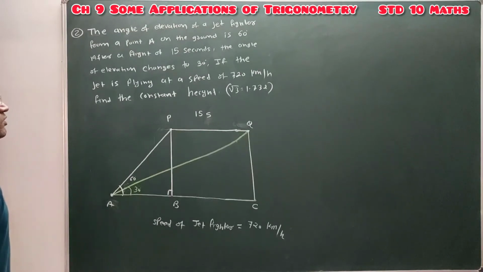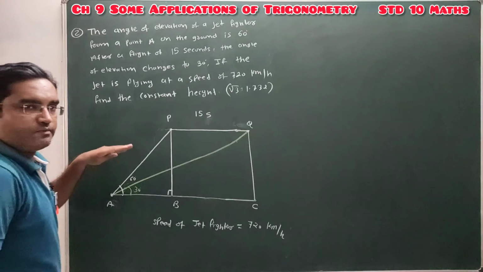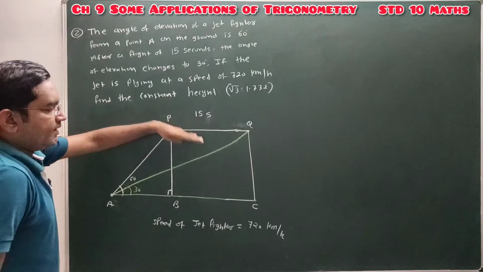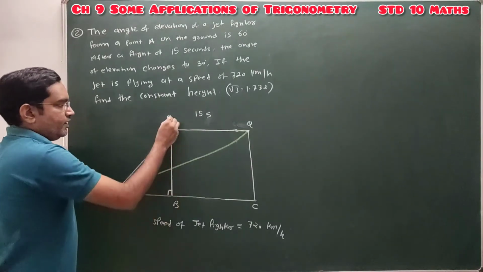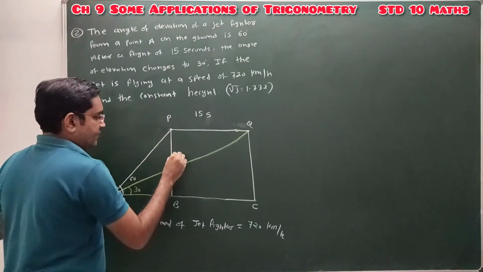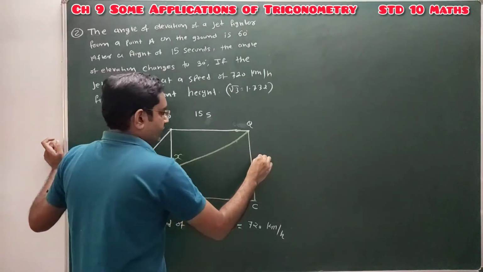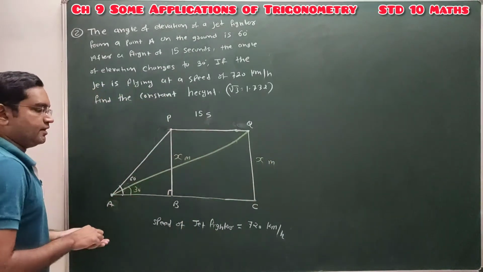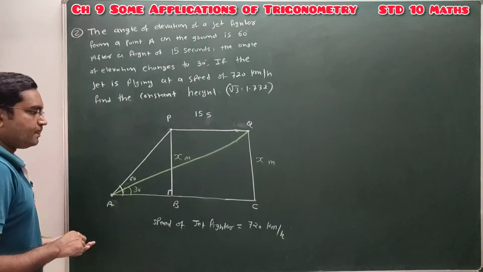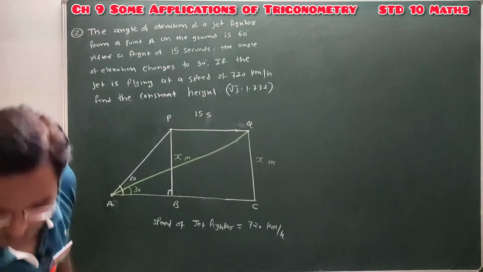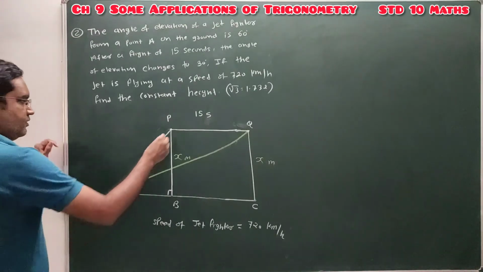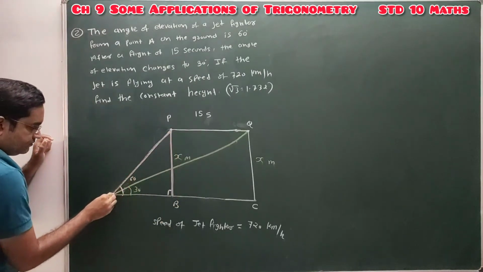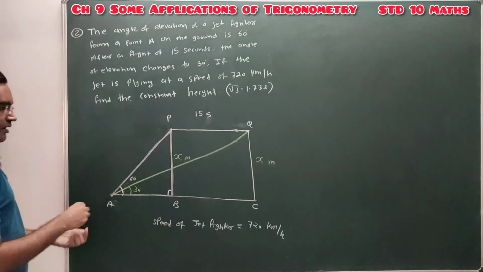So here, find the constant height of the jet fighter. Our jet fighter is flying at a constant height, okay? The height of this fighter plane of ours is not increasing or decreasing, its height is constant. That means for the initial position the height of this jet fighter is x meter, and for the final position it is also x meter. Done. So you have to find the constant height of this jet fighter. This is the question. So two right angle triangles are there. The first right angle triangle is this one for the initial position, and the second right angle triangle is this one.